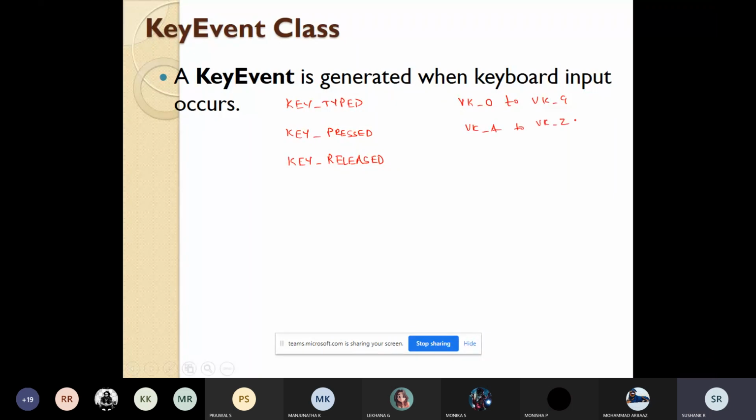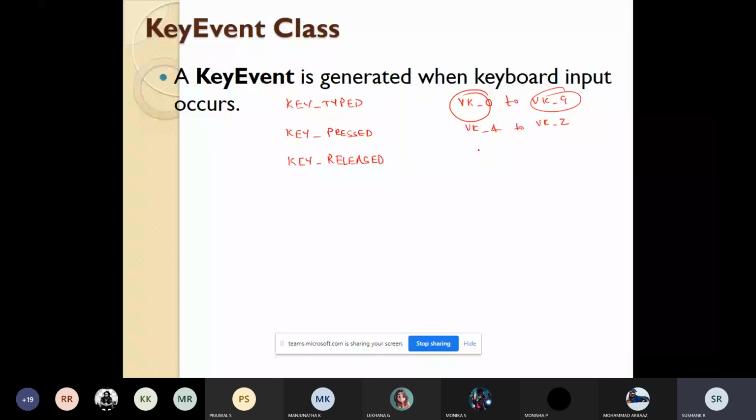So we have integer constants that are defined by the key event class. What do VK_0 to VK_9 and VK_A to VK_Z denote? They define the ASCII equivalent of numbers as well as the letters. So the range between VK_0 and VK_9 defines the ASCII equivalent of numbers.